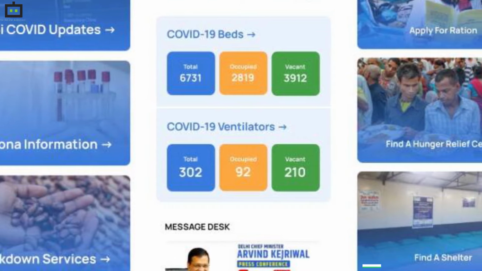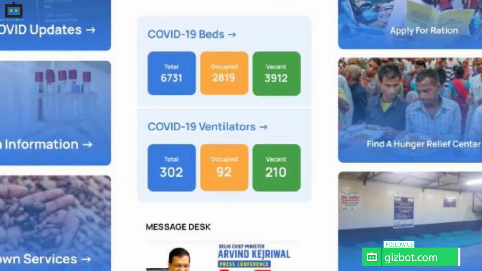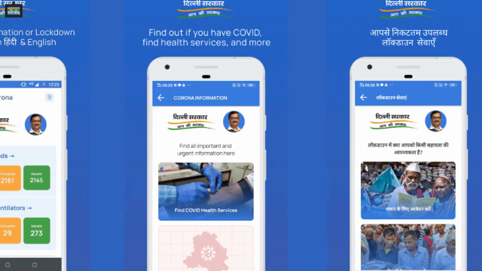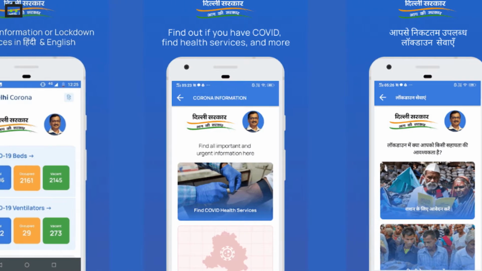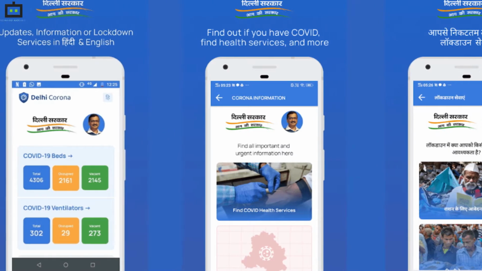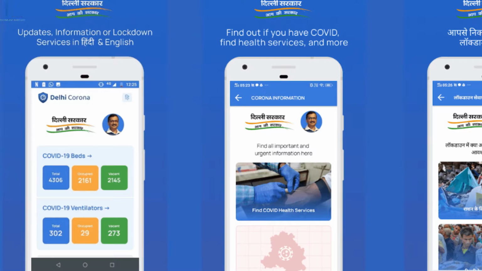ICU beds without ventilators. The app has been designed to offer all information regarding the availability of the beds, but still, if you are looking for ways to find out the bed, then we are listing all steps here. Now I'll tell you some steps that will help you to find out COVID beds.